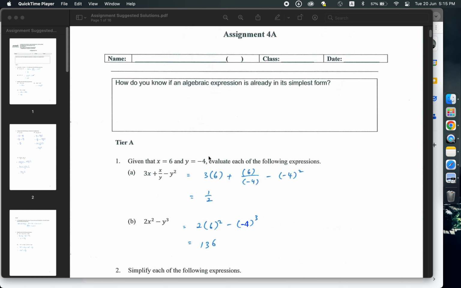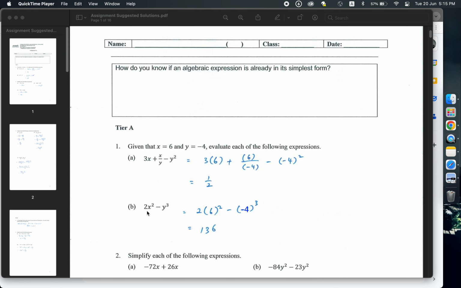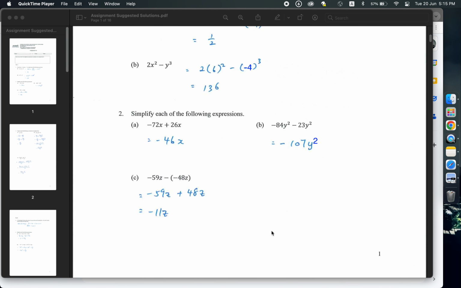So anyway, here we did the substitution. Once it's done, we simplify this. The value is actually 12. Second one, 2x squared minus y cubed, same thing. Make sure the brackets are there appropriately, and the value is 136. So for question 2,